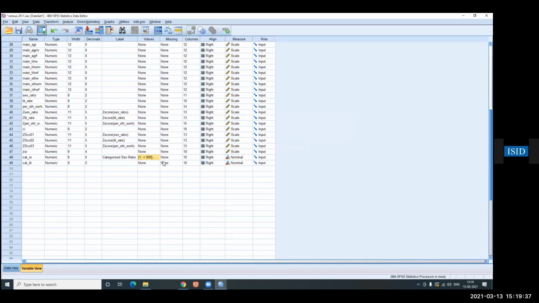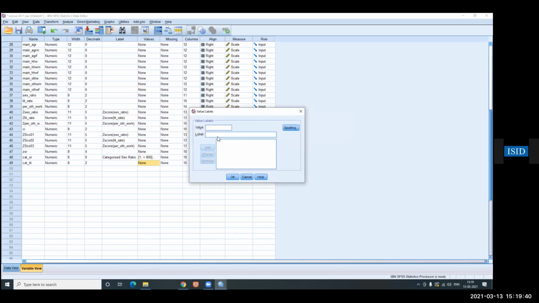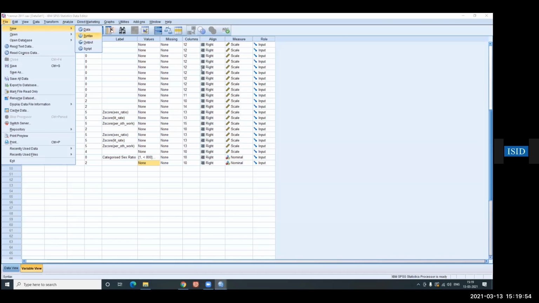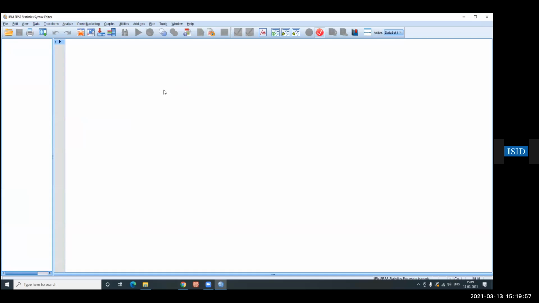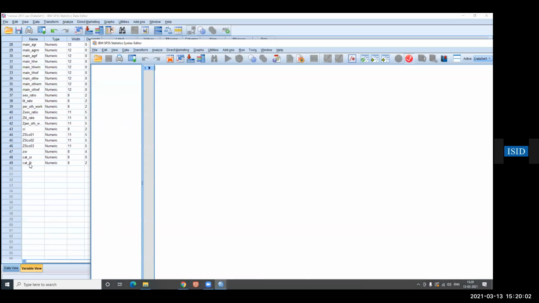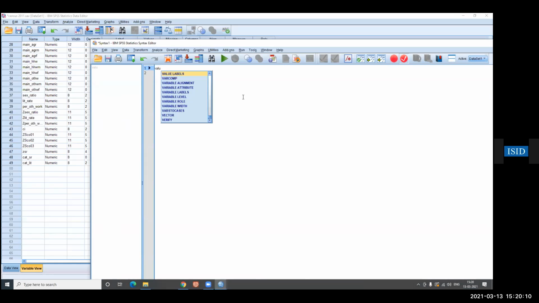And even here, if you don't want to type like this, you can write the syntax also for that. How do you create a syntax? File, new, syntax. So in the syntax you can say what the variable name is, that is cat lit. Okay. So you can write value labels. There's an option called value labels. Say cat